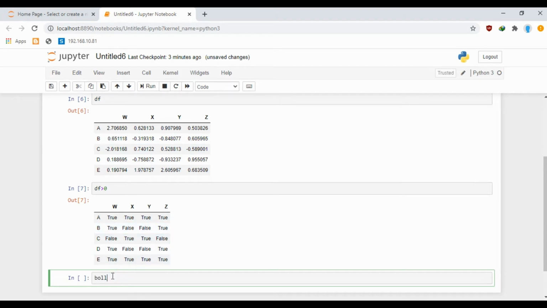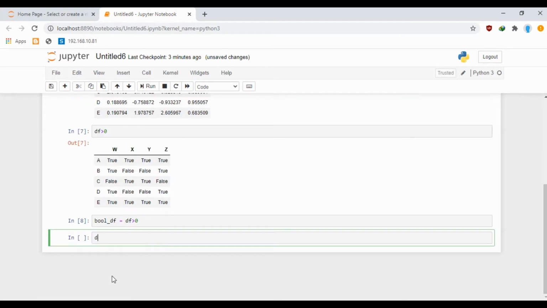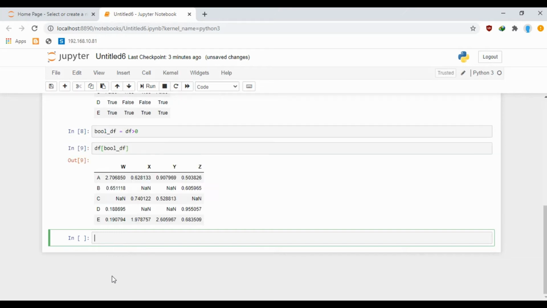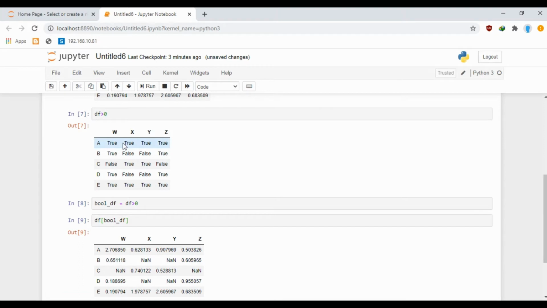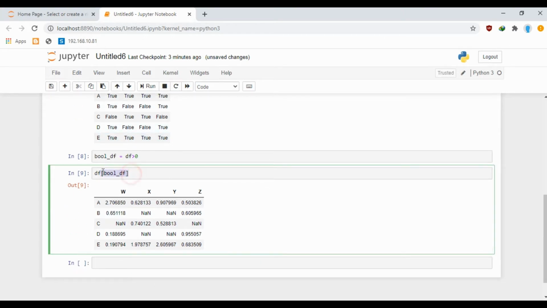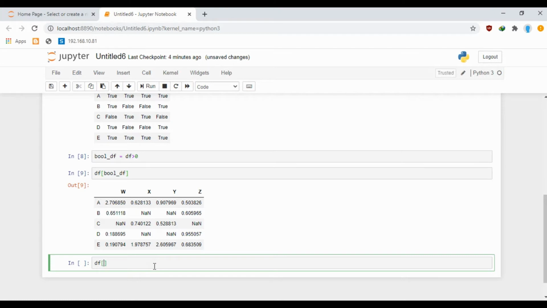So let me keep this selection in a variable, save it in a variable, similar to what we did in NumPy. Here if I do it like this, then it will print the values where, in the above boolean table, the values are true, and the false values will be set to none. This is not the most favorable practice to print the values. The favorable way through which we can do it is